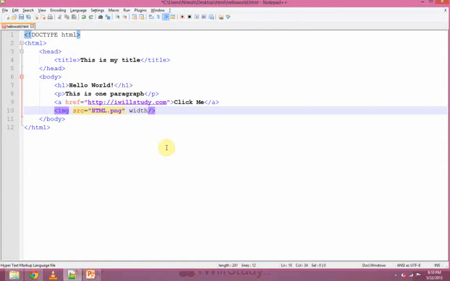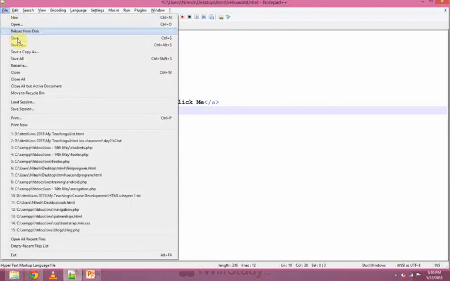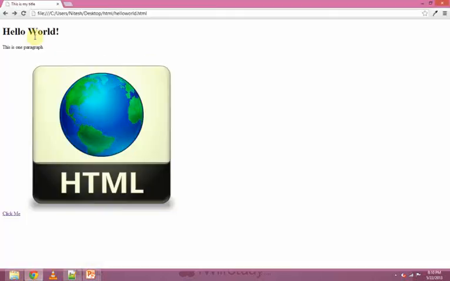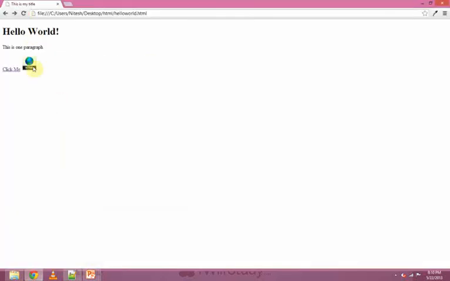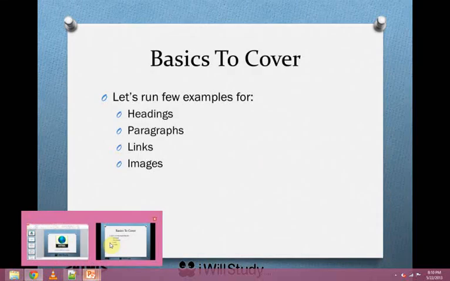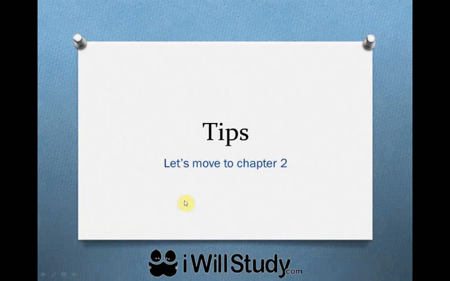Also you can adjust the height and width of this image by giving a height or width parameter. For example, 50 pixels is the width of the image. And now refresh your page and see what happens. You can see the width and the height have changed. That's all for the very first session. We'll move ahead to